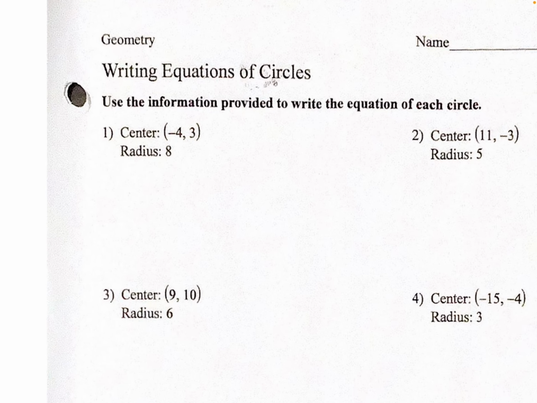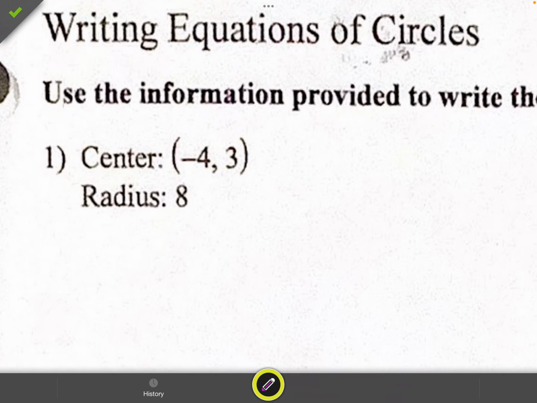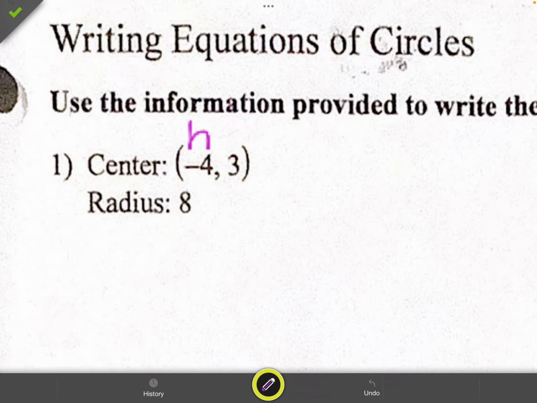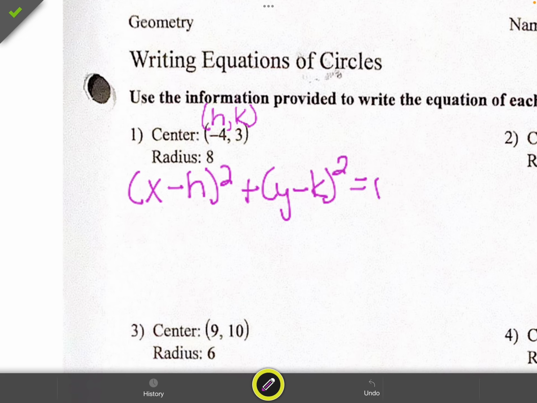So directions say use the information provided to write the equation of each circle. They give us our center and our radius. So I strongly suggest that you label, this is your h and this is your k, so you know what to plug into your formula. So again, our equation of a circle is x minus h quantity squared plus y minus k quantity squared equals r squared. So now we just have to replace our h, our k, and our r and do any simplifying